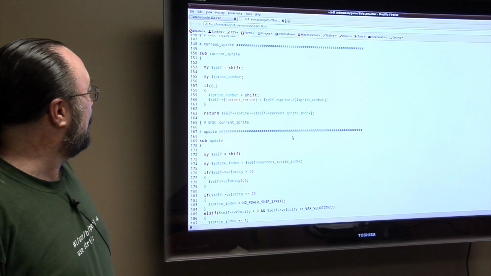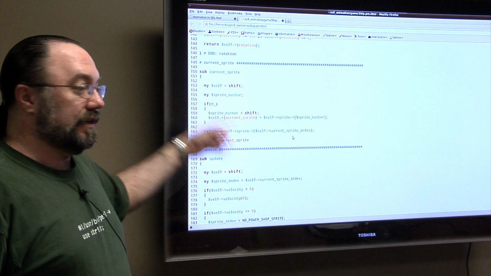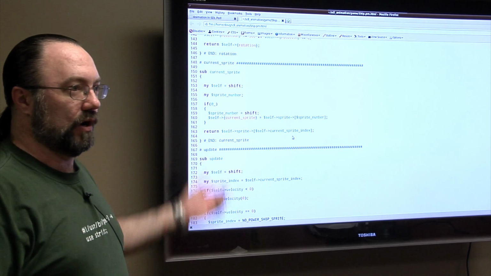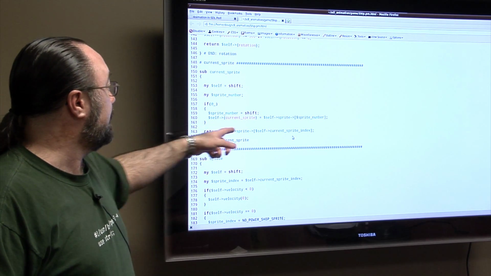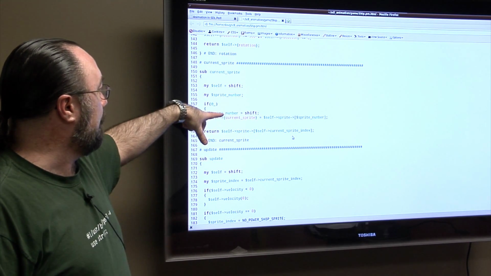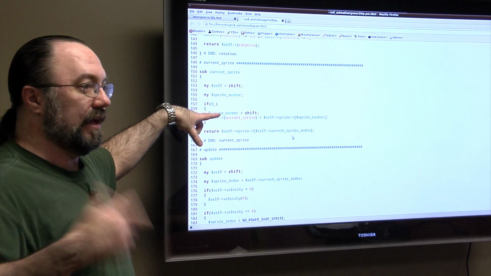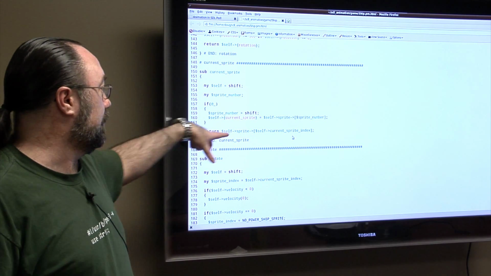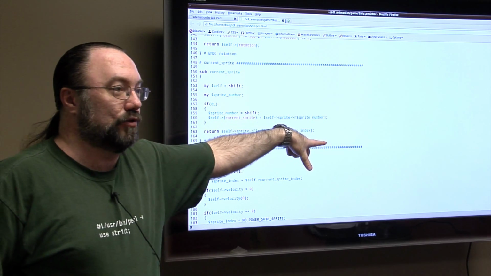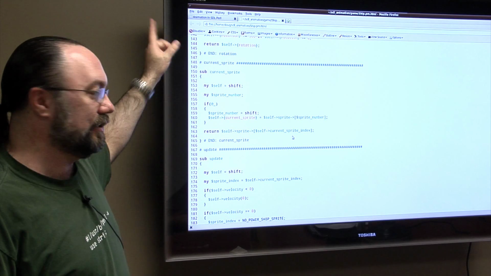All right, current sprite. You remember that was in the draw handler where I just asked the ship, hey, ship, what's the current sprite I should draw on the screen? And this is where it decides which one it should give you. So basically, it's checking. You can either pass it in a new sprite number, which we use later to update that sprite, or if you don't pass it in, you're just going to get, you remember our sprite attribute is a reference to an array of our current sprite index, which is just one of the magical